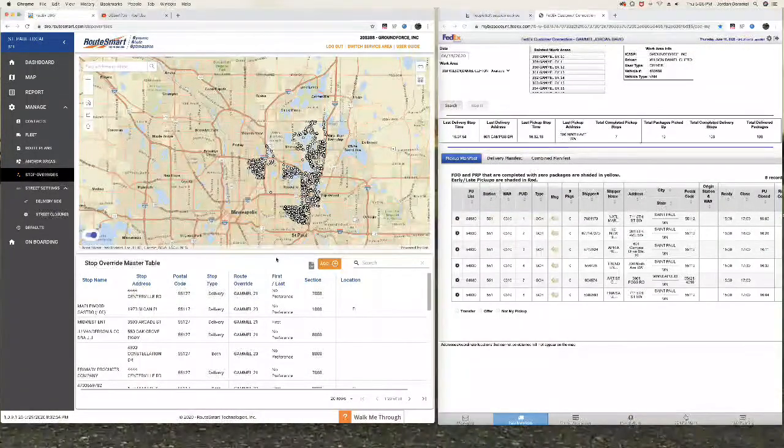There is a way to make that happen in the stop overrides, but it has to be done with the terminal staff, because the other key on this, especially with stops that you are going to in the morning and delivering to, and you also have a daily pickup there, if you have Target, Walmart, or Walgreens, any of those where they have the